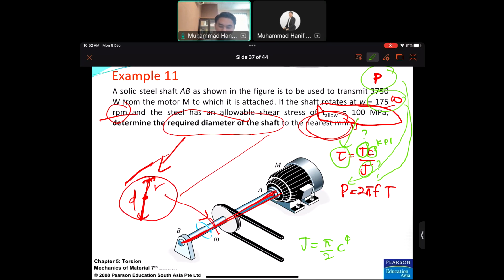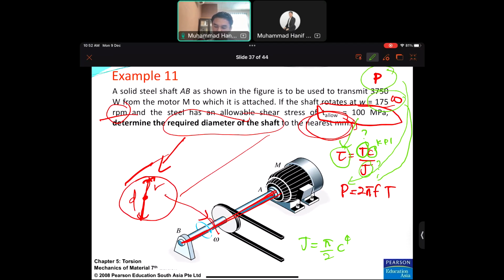So P is given, 3750, which should be in SI unit, Newton meter per second. Okay, then you will get T equal to 204.6 Newton meter. Okay, all right. So you have T. Write down again the equation of the tau